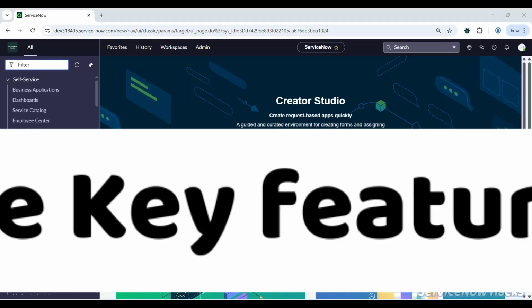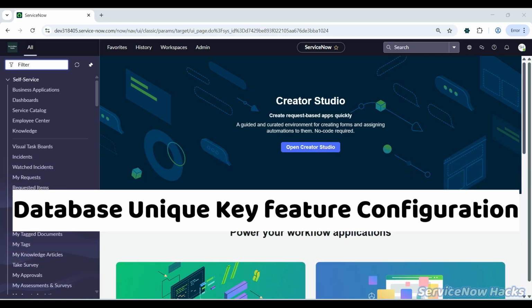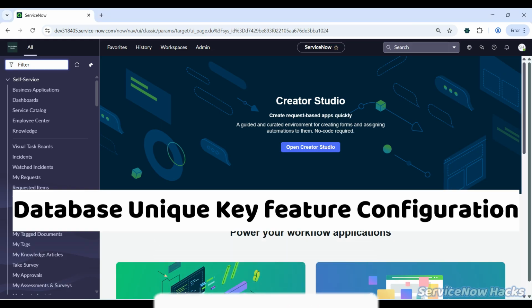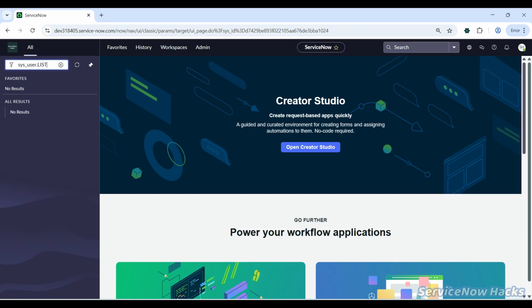Let's get started. In this video, the topic I am showing is unique identification. Unique key: how it validates the uniqueness of a particular field when we are uploading data, and how it also avoids the creation of duplicates. For example, if we go to the sys_user table